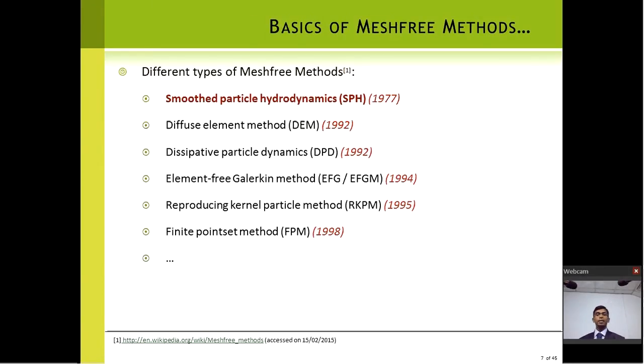So with that background, I'll quickly brief you on what sort of techniques are involved. There are many techniques, of course. The most dominant technique for fluid analysis is smooth particle hydrodynamics. I'll give you some more details in upcoming slides. Other than that, there is a whole list of about 20-30 techniques here, and most of them are quite recently developed. The research is still ongoing for further development.